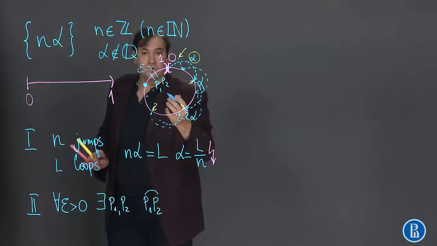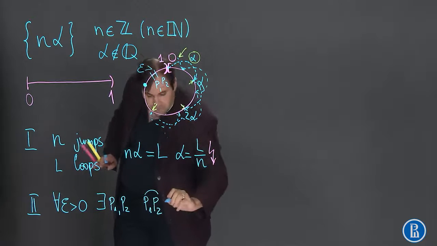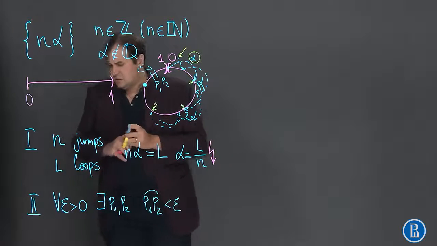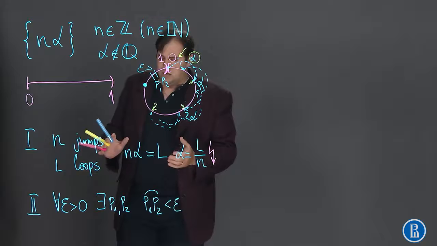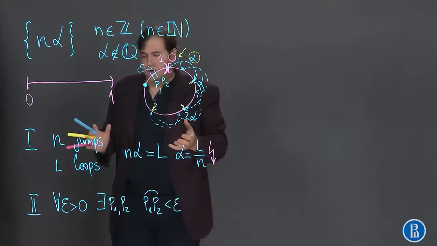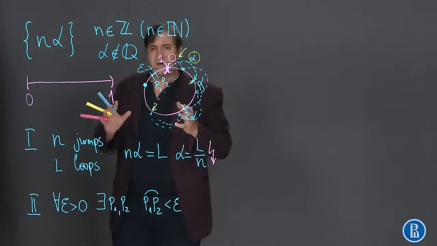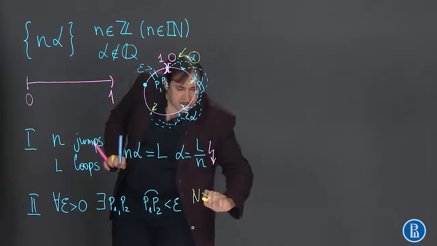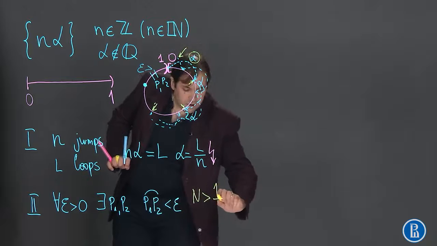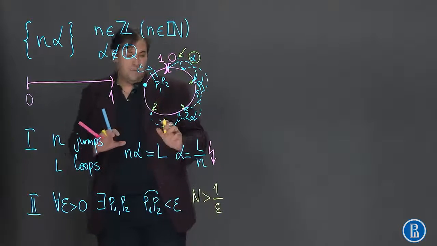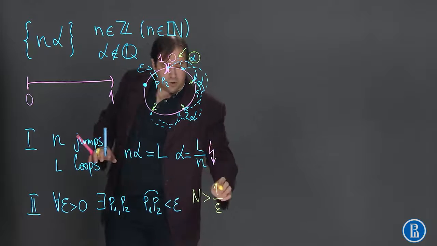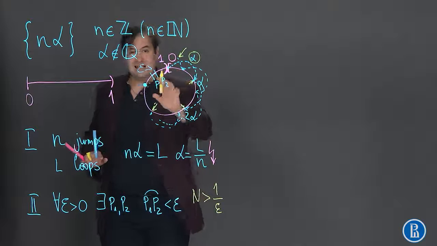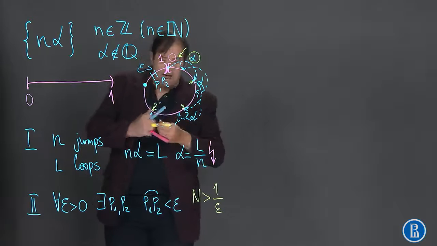Where by distance, of course, we mean the length of this arc. Why is this so? Well, it is also rather obvious. If we have infinitely many points, then let's just stop when the number of points, n, becomes greater than 1 over epsilon. So if we made more than 1 over epsilon steps, and we have more than 1 over epsilon points, and we have more than 1 over epsilon